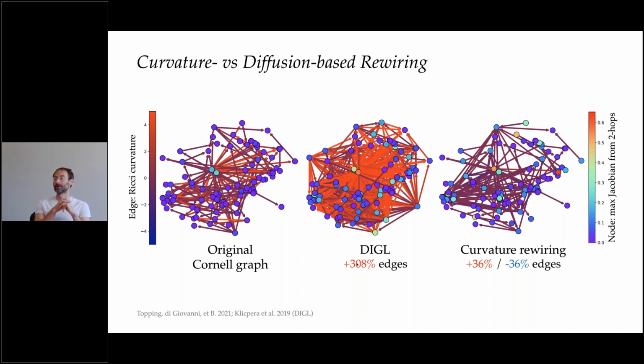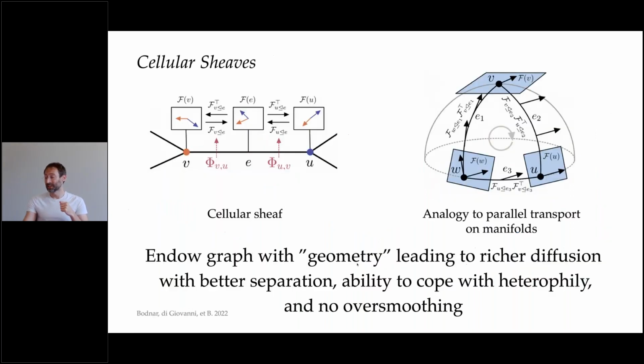And especially it is more prominent in heterogeneous settings, heterophilic settings, where the features or the labels of neighbor nodes can be different from the feature label of the node itself. Now, last thing that I would like to mention, talking about exotic things, I hope that it didn't sound too exotic.